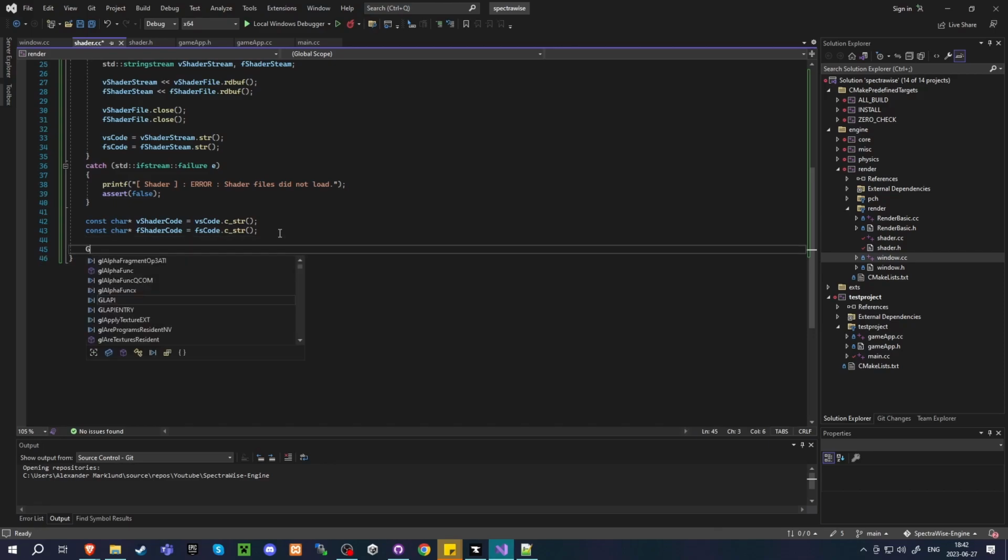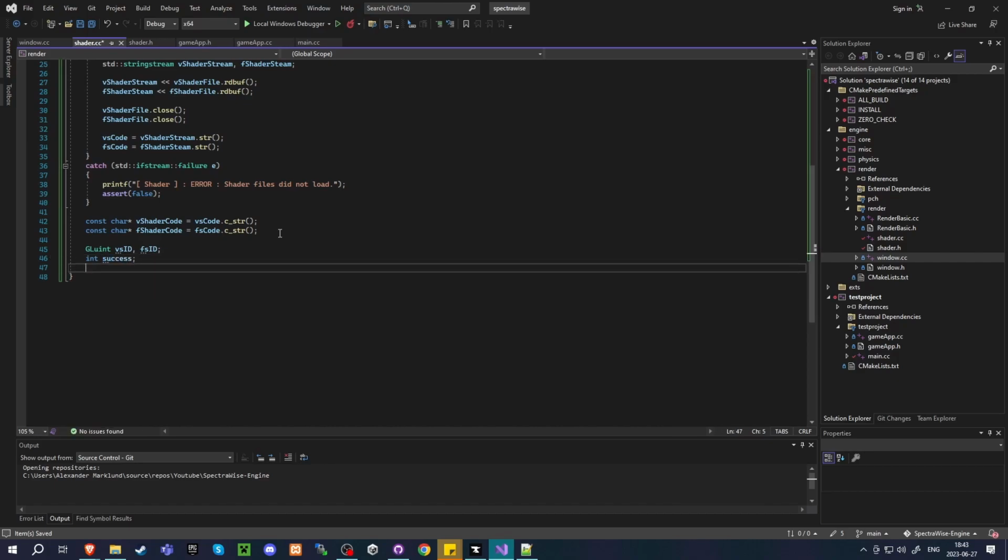Then we make some temporary IDs for the fragment shader and the vertex shader, and we also want